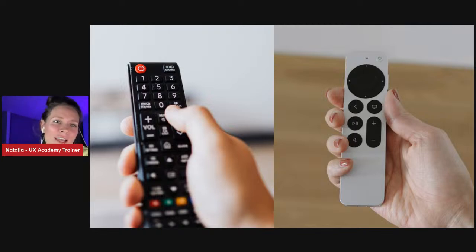So we have to think how we can make it easier. And even if this product already has years and years and years of life, and it always had this button, maybe we have to take this product and just rethink and redesign it and make it easier for people. And that will be a new way for that product. It will be totally new, it will be a new generation of that product. That's what we are doing.